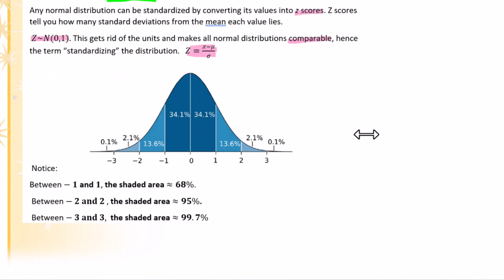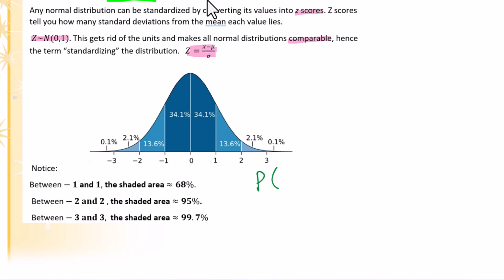Here is the diagram for standard normal distribution. You could say between -1 and 1, the shaded area is about 68%. Between -2 and 2, the shaded area is about 95%. Between -3 and 3, the shaded area is about 99.7%, which means